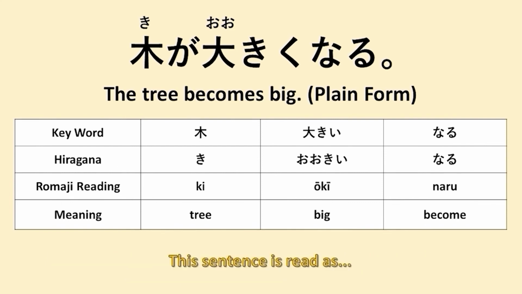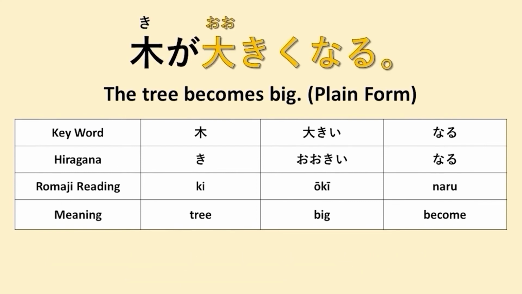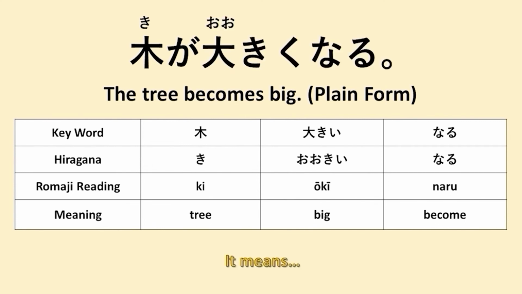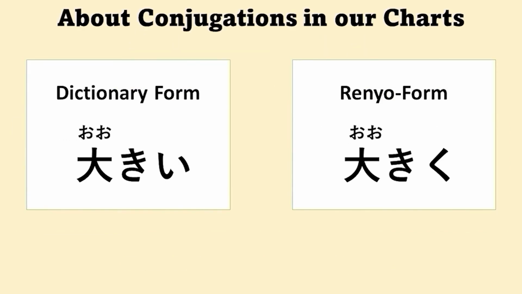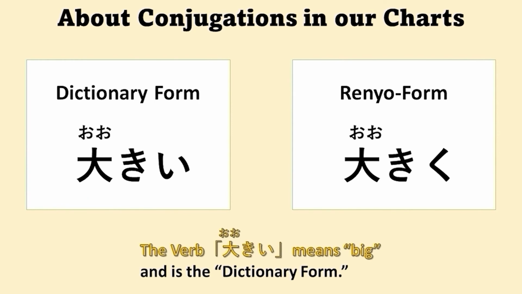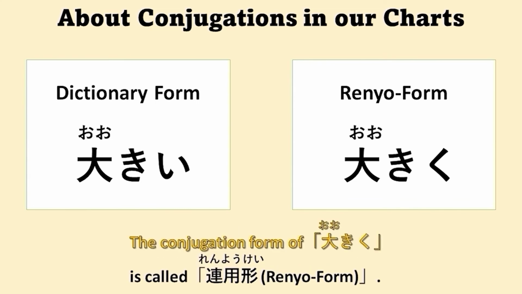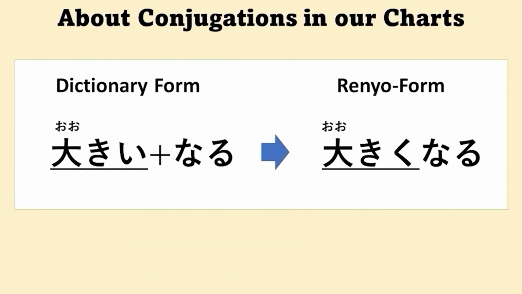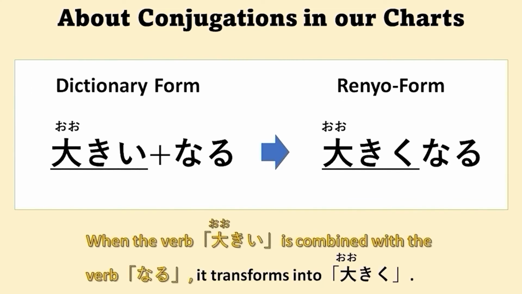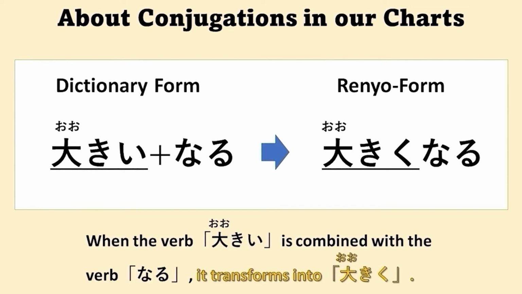This sentence is read as, 木が大きくなる。 It means, the tree becomes big. Please look at the phrase, 大きく。 The adjective 大きい。 means big, and is the dictionary form. The conjugation form of 大きく。 is called 連用形。 When the adjective 大きい。 is combined with the verb なる。 it transforms into 大きく。